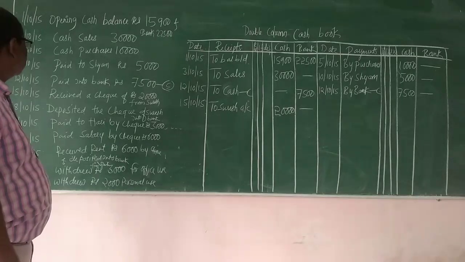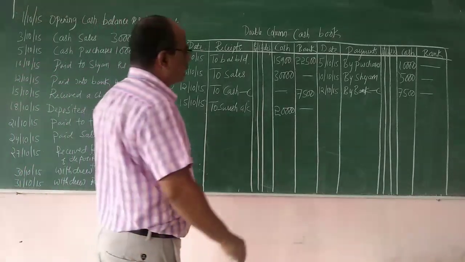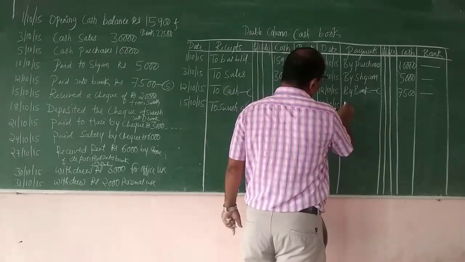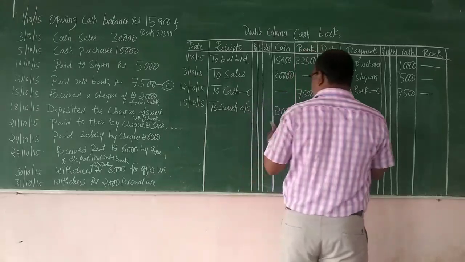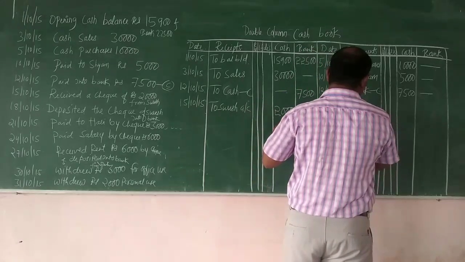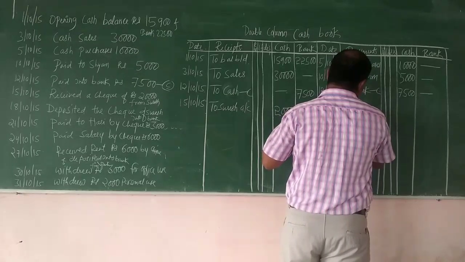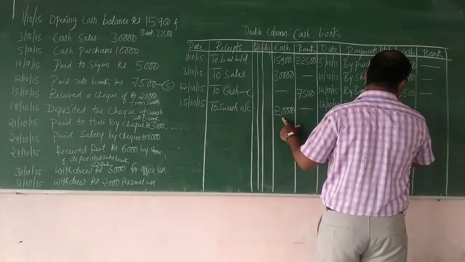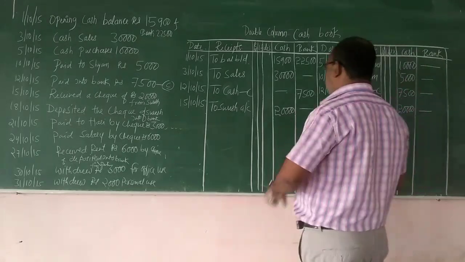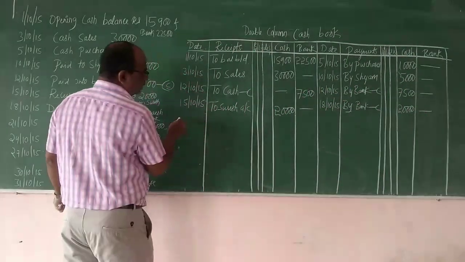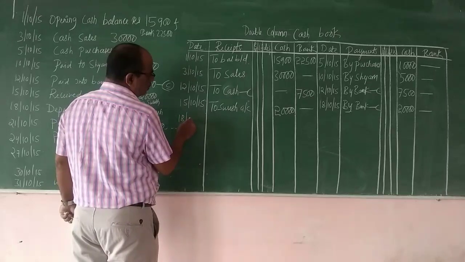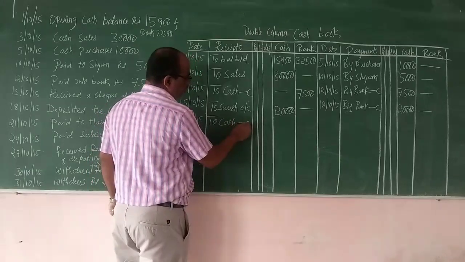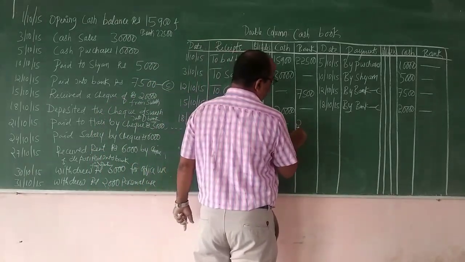So on 18th, you are depositing the check of Suresh into bank. So here on 18/10/2015 by, you have considered this as a cash, in the cash only. Now what you will do? By bank, you will make payment to cash. So how much? 20,000. So now it will be a contra entry as it has paid into bank. So here to cash contra entry. So it will be received in bank.